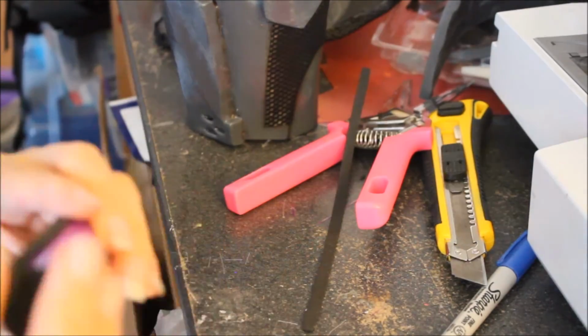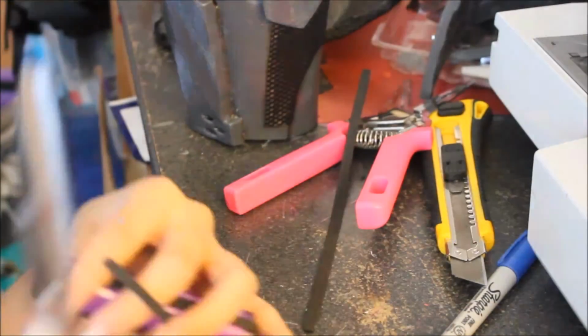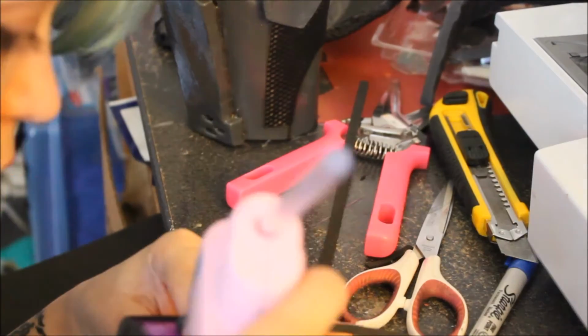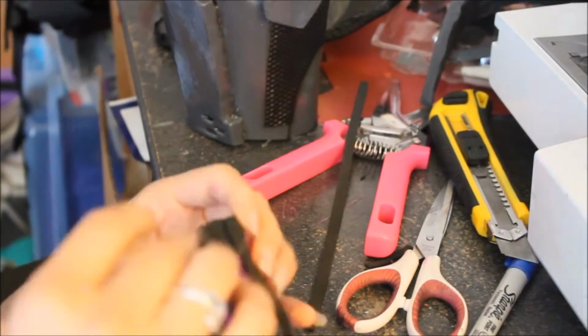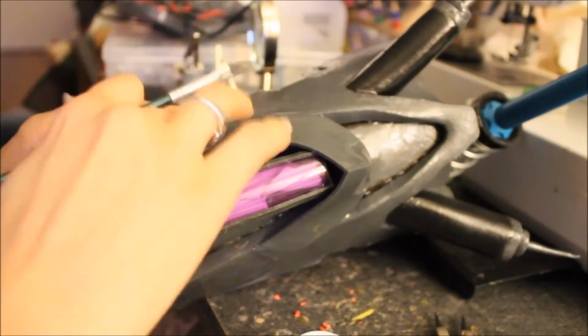I also took thin strips of EVA foam and placed them at each, not necessarily a corner, but to kind of look like it's a corner, because she does have her little strips that go all the way around the tube. Once I attached that purple tube, I didn't like how it looked in comparison to the rest of the gauntlet